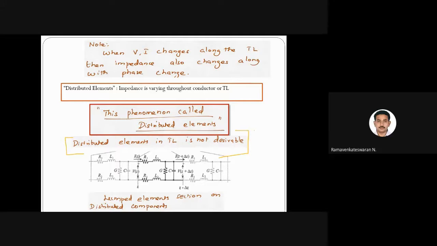We'll try to break the transmission line, even though its impedance is varying. We'll take a finer portion of the transmission line, where we assume that it is linear, by taking the primary constants of the line, RLGC, as some assumed value. By estimating these values, I can see that the input current I of Z equals the contribution of this RLGC affecting my output current I of Z plus del Z, and contributing effectively to my voltage V of Z plus del Z. Okay, so what I'm going to do is this.